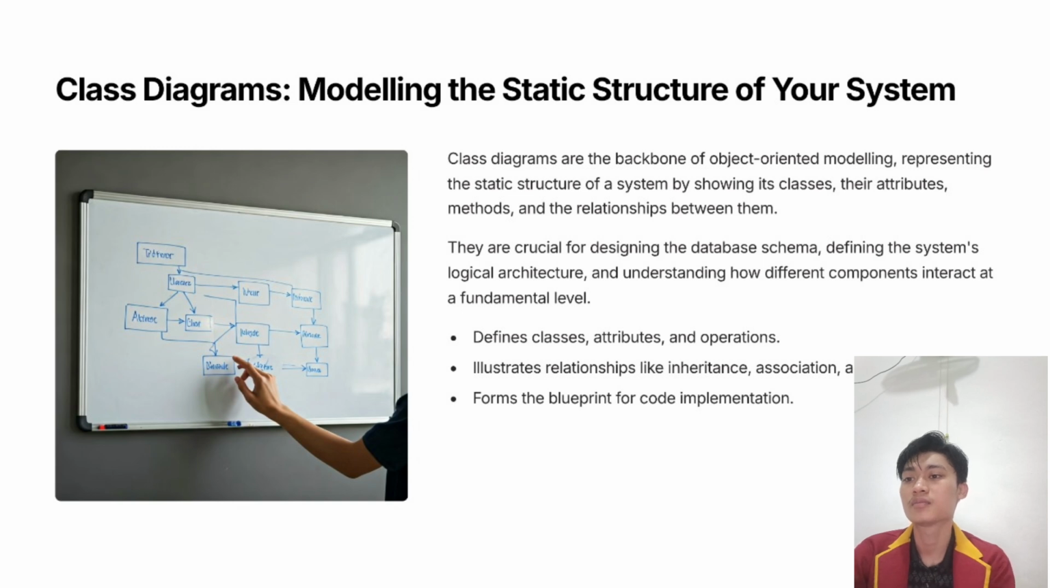Next, class diagrams, modeling the static structure of your systems. Class diagrams are the backbone of object-oriented modeling, representing the static structure of a system by showing its classes, their attributes, methods, and the relationships between them. They are crucial for designing the database scheme, defining the system's logical architecture, and understanding how different components interact at a fundamental level,